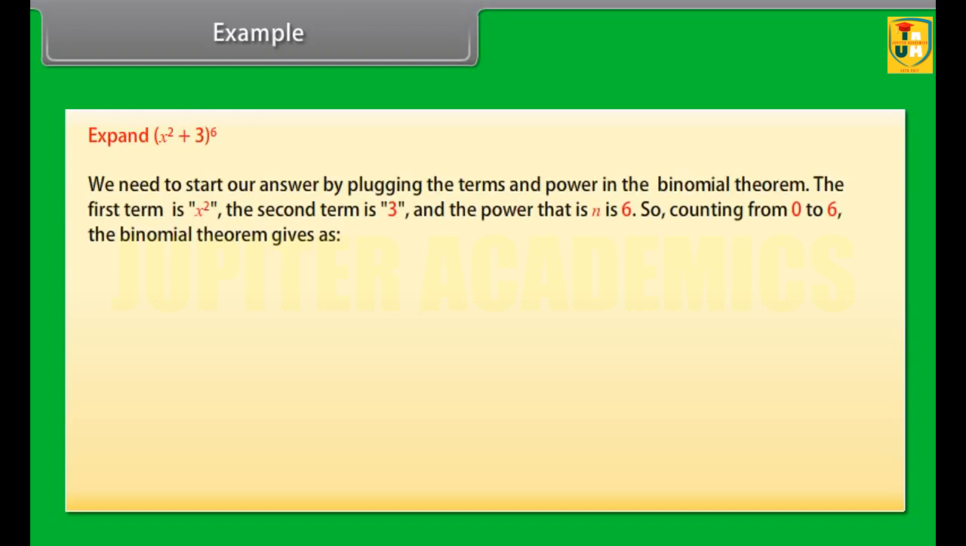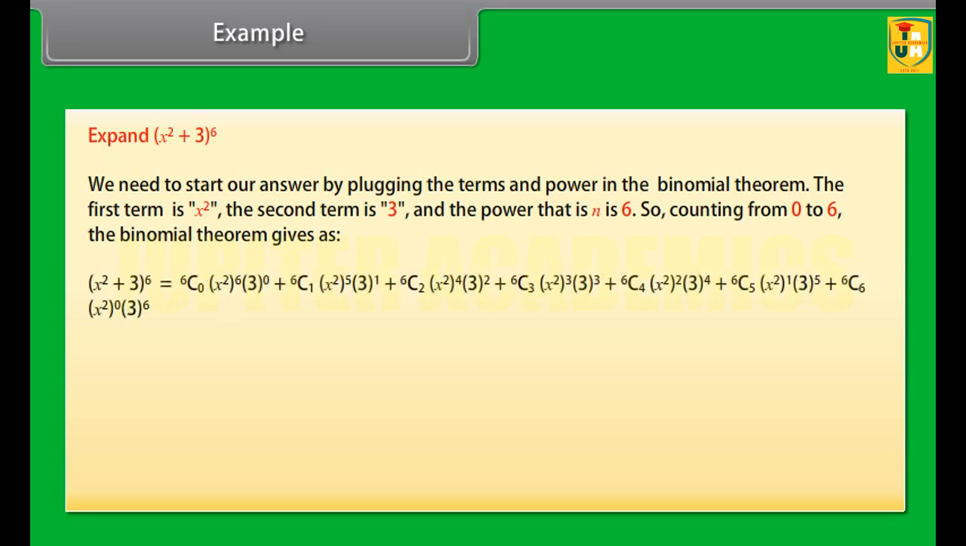Example: expand x square plus 3 raised to power 6. We need to start our answer by plugging the terms and power into the binomial theorem. The first term is x square, the second term is 3, and the power, that is n, is 6. So, counting from 0 to 6, the binomial theorem gives x square plus 3 whole power 6 is equal